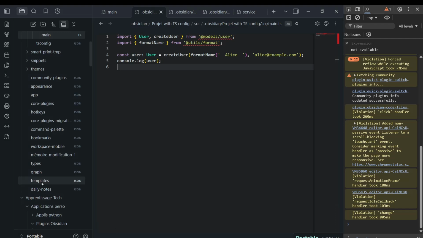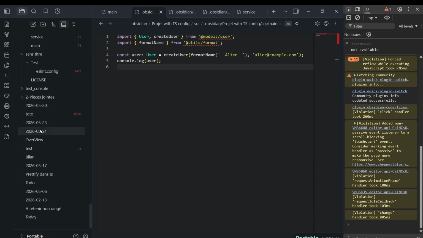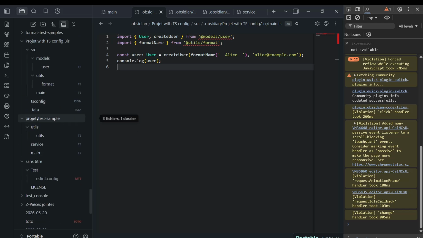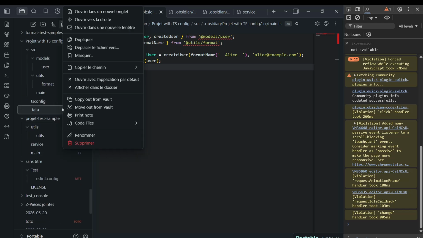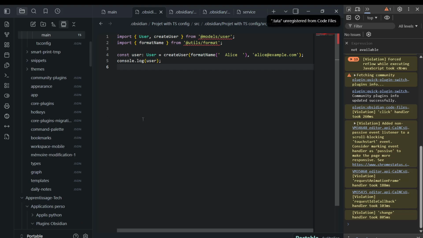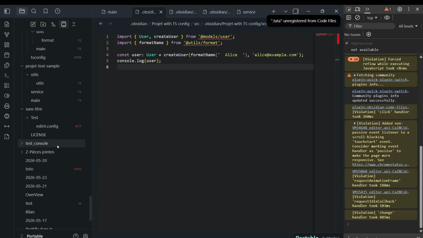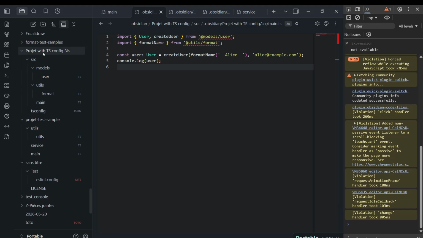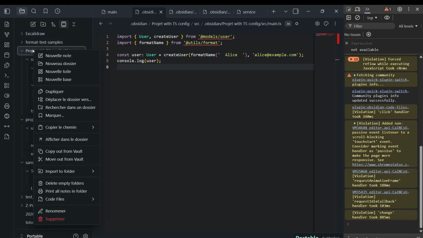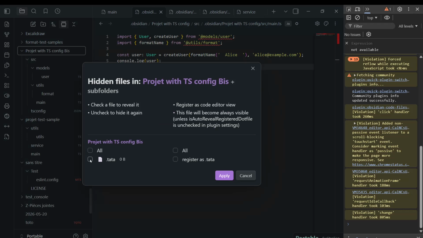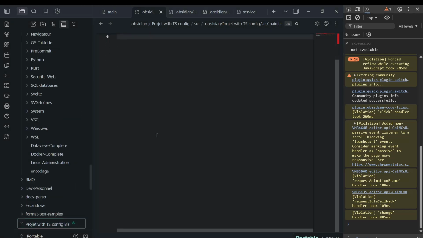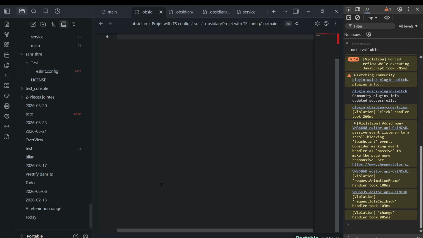Okay. So this is scrolling, but where was it? Yes, you see it again. So if it is registered or not, this is disappearing. If you disable it, and when you are unregistering, it is unchecking reveal too. So I won't reveal it again, or I will reveal it. Okay. So now,